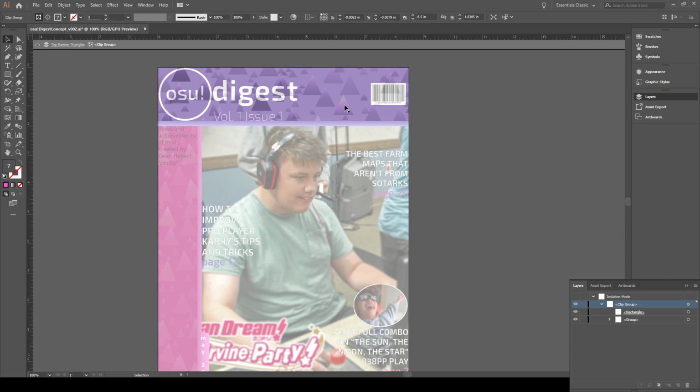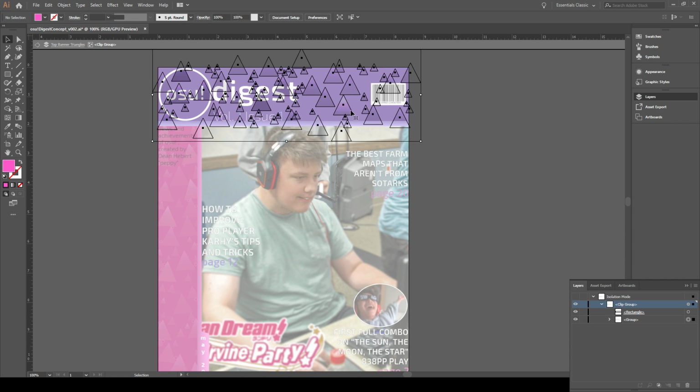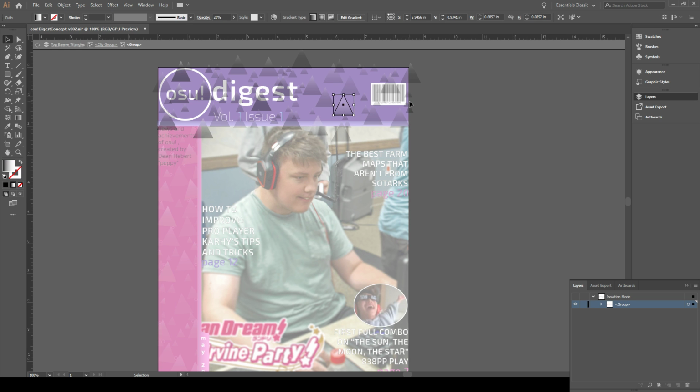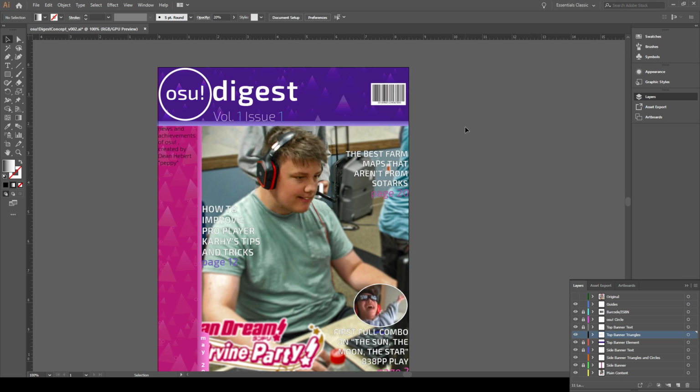But if we go back in here and just click, this is literally like I copy pasted a bunch of triangles as gradients, turned down the opacity, and then just grouped it. So each one of these triangles has its own gradient that I had to go through and make, which I guess I can't show you because the window's not there. But really, basically all I did was create the shape, create a random size, create a few variations. So I think there are like 5 or 6 variations. I then went from solid color to gradient, and then just put some transparency on it. So it's not super intense.